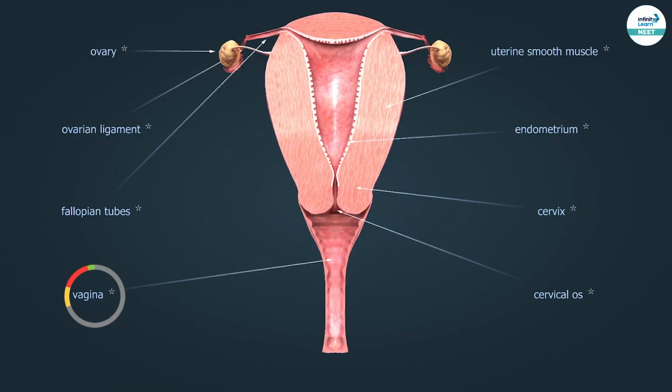Then you can see the vagina, where the copulatory organ, which is the penis, enters the female body, and then the sperm goes up to the uterus by crossing the cervix over here. And the sperm also has to reach the ampullary region because both the gametes have to be present simultaneously in order to get the fertilization done, right? Then over here you can see a white thick lining of the uterus that is known as the endometrium, which is the lining that sheds away during the menstrual cycle.